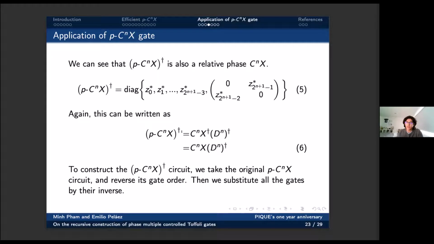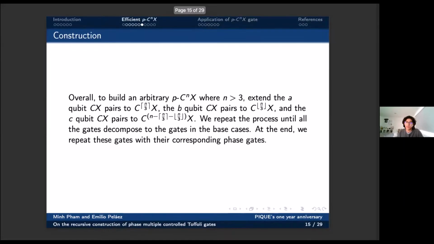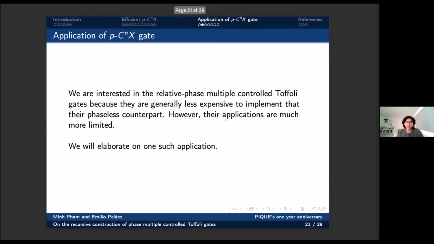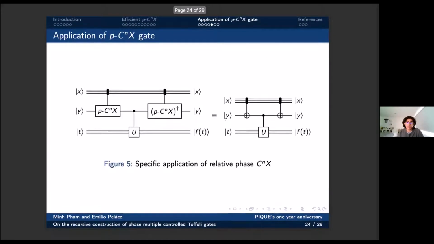And to construct this in a real circuit, we just take all the gates from the original phase CNX, we reverse them, and we take the inverse of all those gates. In taking the inverse, the CNOTs and the Hadamard gates stay the same. So we only need to invert the T gates, which are the only ones that are not their own inverse. So now that we know how to construct the conjugate transpose, which is its inverse, we propose this application,